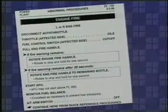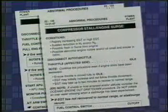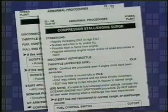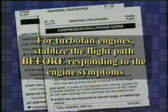Because of this, the flight crew either did not recognize the engine symptom or was so concerned about the engine that they responded without taking time to correctly evaluate the situation. In each case, additional time spent in stabilizing the airplane's flight path before responding to the engine symptom would have avoided a serious event. Remember, all transport category aircraft are designed and certified to be controllable with the most critical